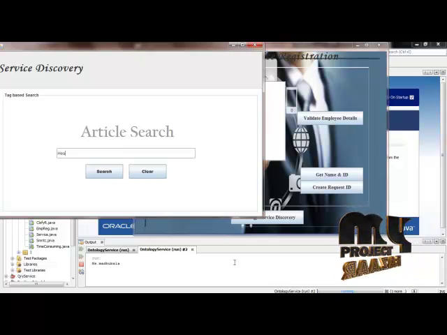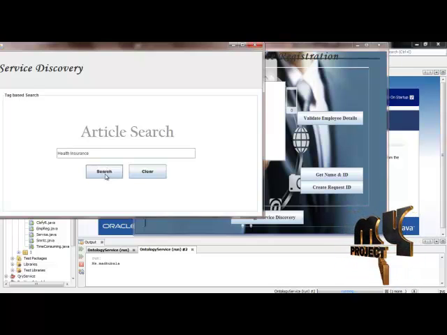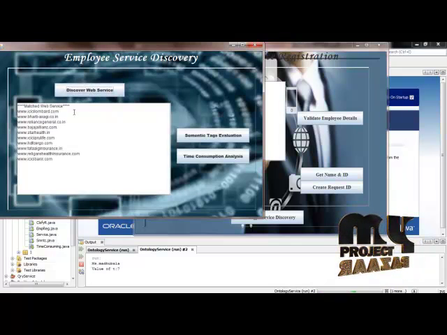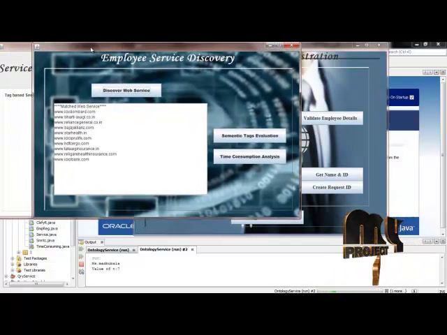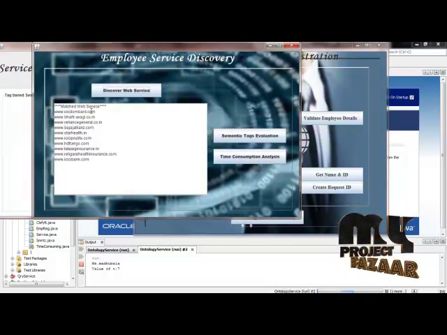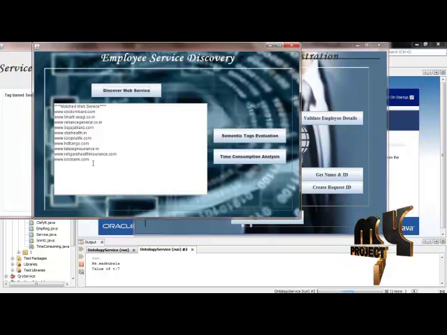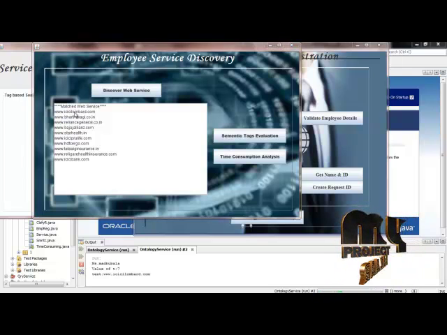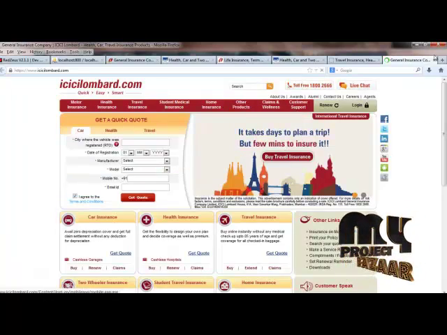entered employee. So for example, if they are requesting a service for health insurance, they can discover it in the web services like this. If the web services have the requested query, it displays the matched web services from the ontology domain, so that they can click those web links to open in the default browser like this, so that